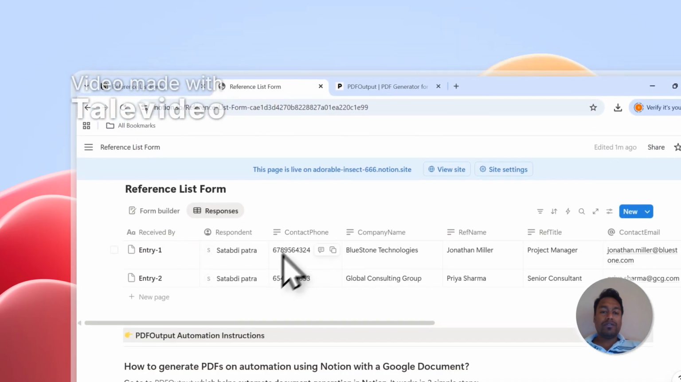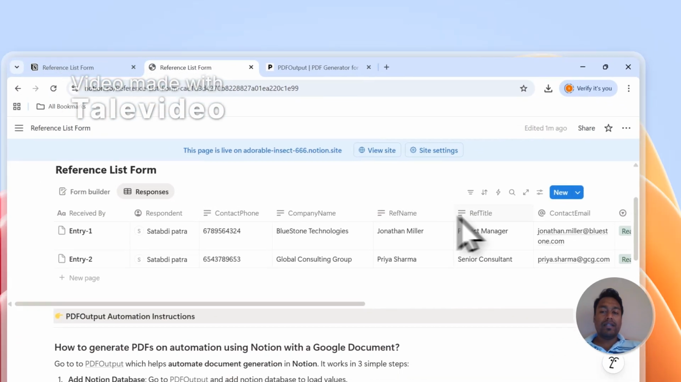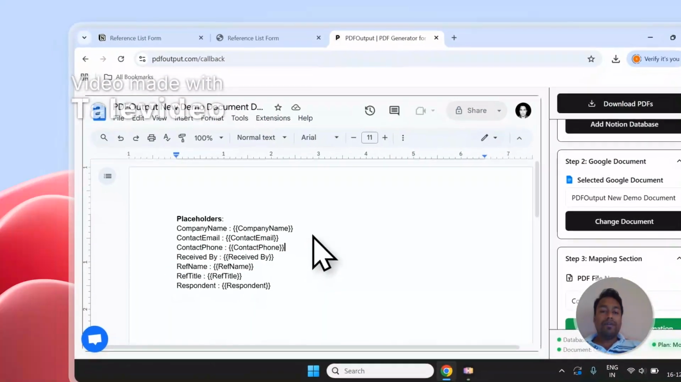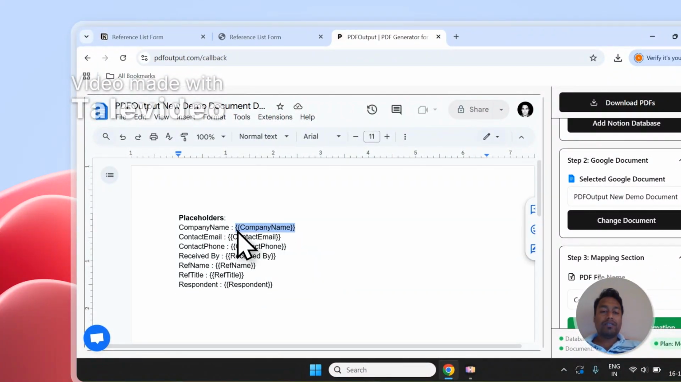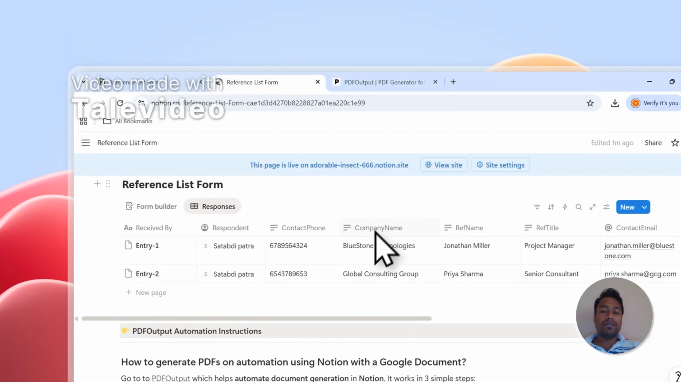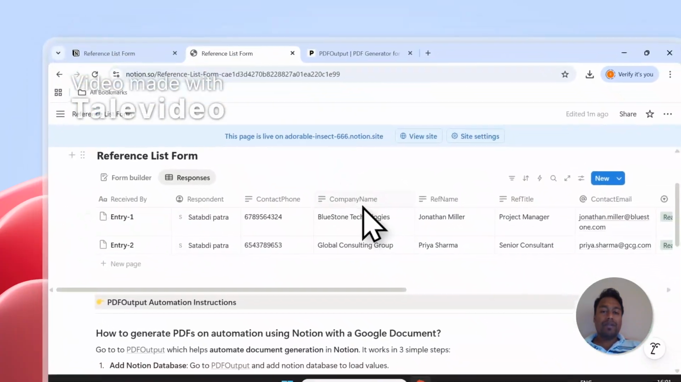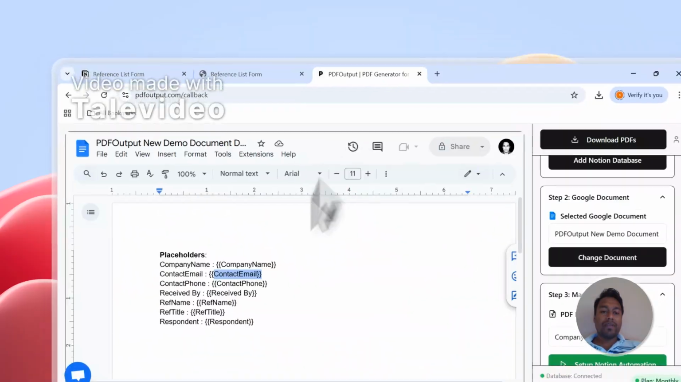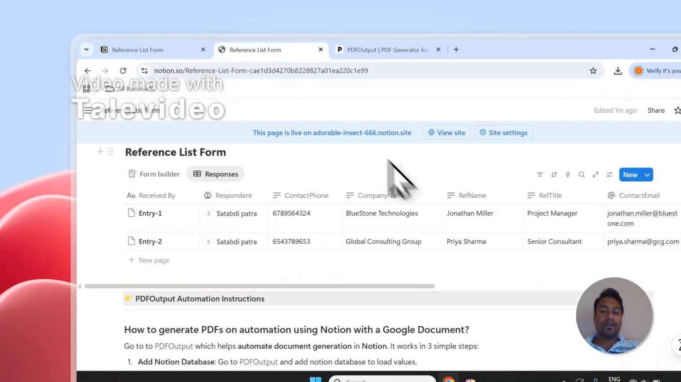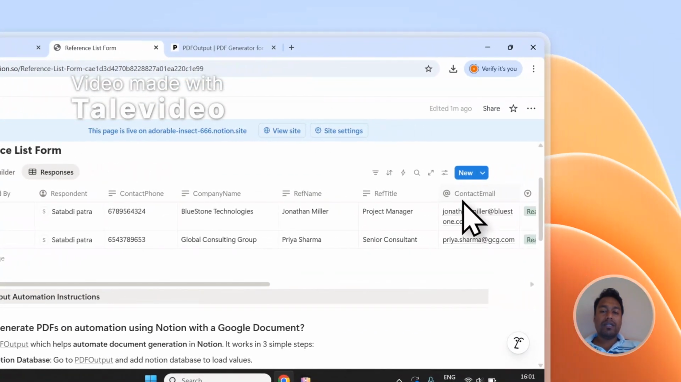And if you jump to the database, you have the exact same fields available in here as well. So when the PDF will be created, it will automatically replace all these fields inside double curly brackets, like the company name, contact email, contact phone, with the exact values that it receives from the database. So the company name field will be mapped with the company name column that you see in the database. Similarly, contact email will be mapped with the contact email that you see in the database, and so on for